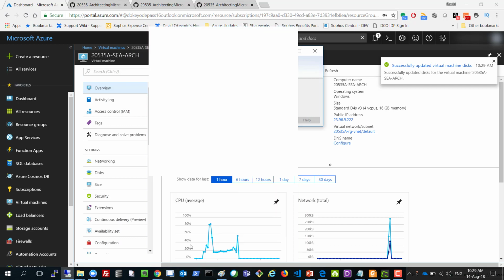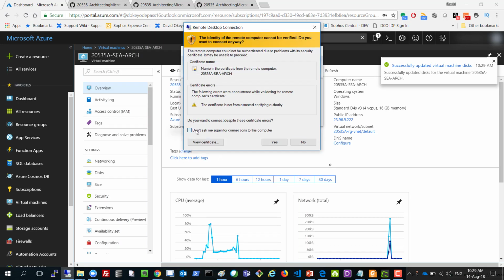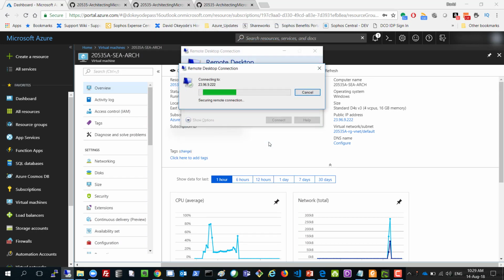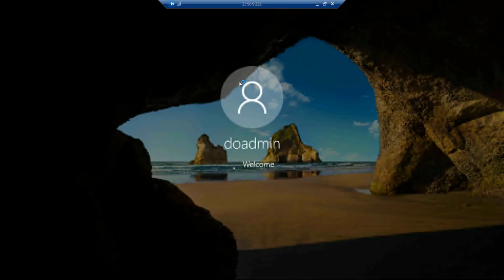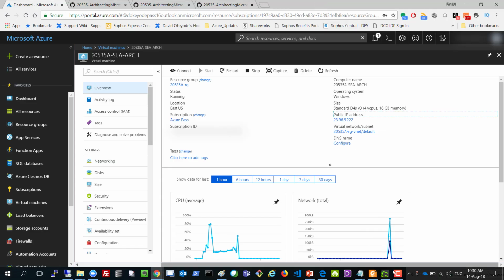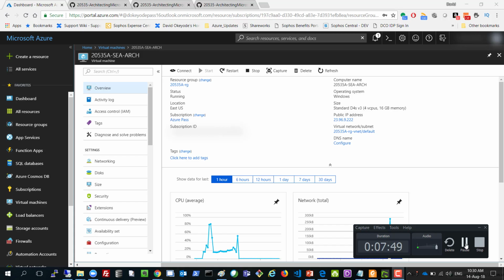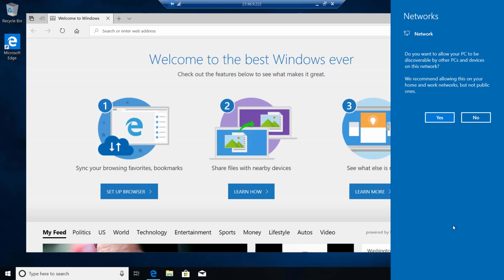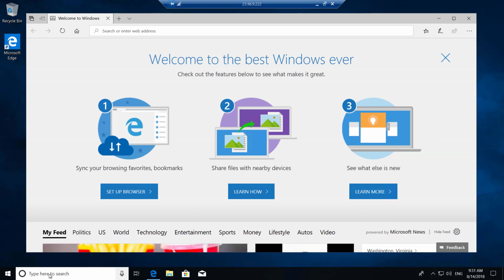So if I go ahead and click OK to that, I can select the option not to ask me again and click on yes. So it will take a while for the machine to fully load all the components that it's going to need. So what I'll do is I'll pause the recording and I'll come back once it's fully loaded. So welcome back. So the machine has now fully loaded,